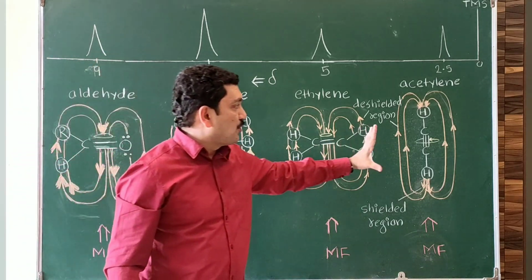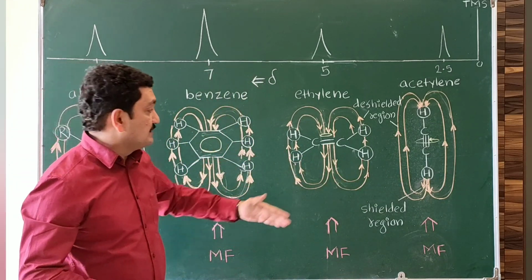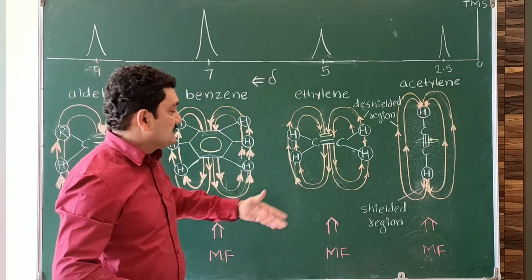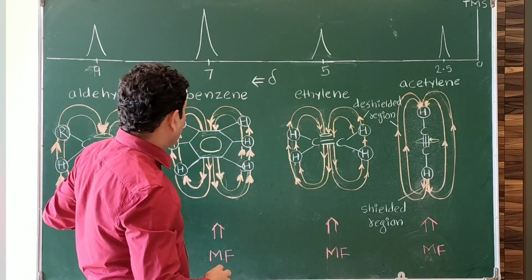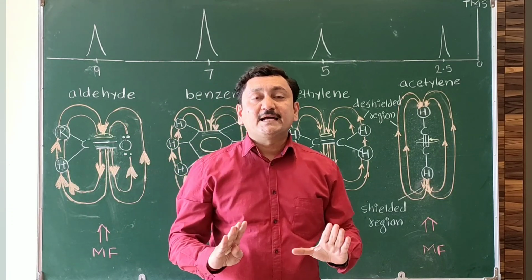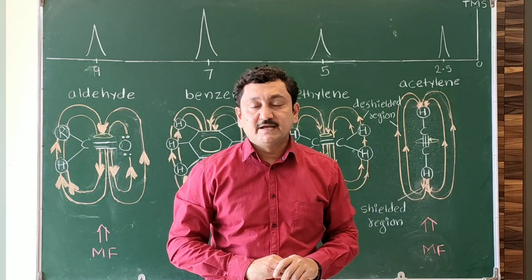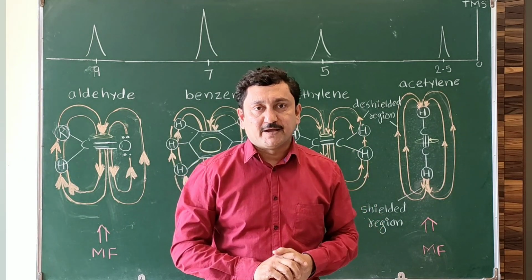So this is the example of shielded hydrogen. These are the examples of de-shielded ones, but they differ in their de-shielding. As more pronounced shielding and de-shielding occurs, the position of the signal is also affected. This was the effect of pi electrons on shielding and de-shielding, that is, on the chemical shift of a signal, that is called the anisotropic effect.